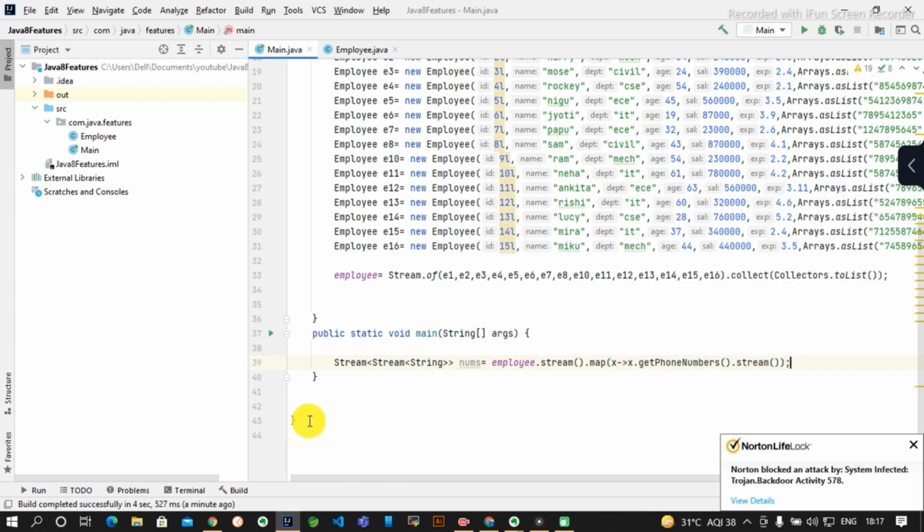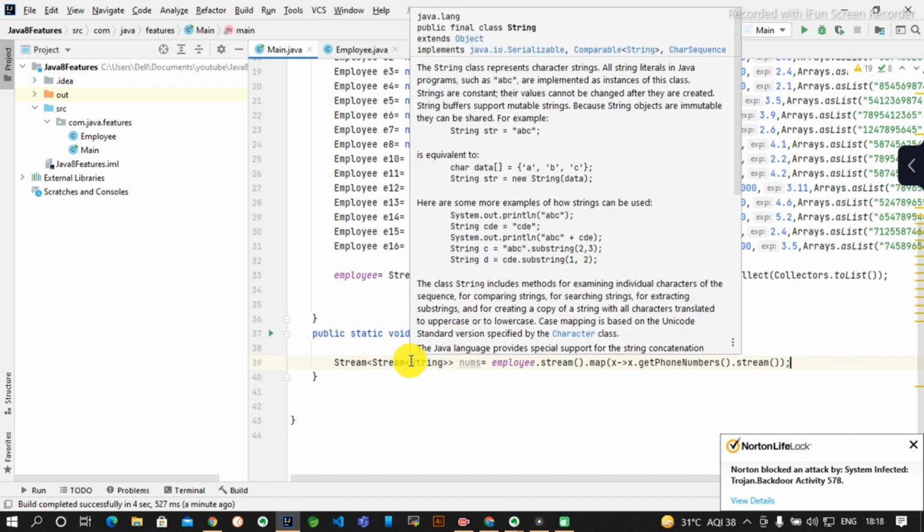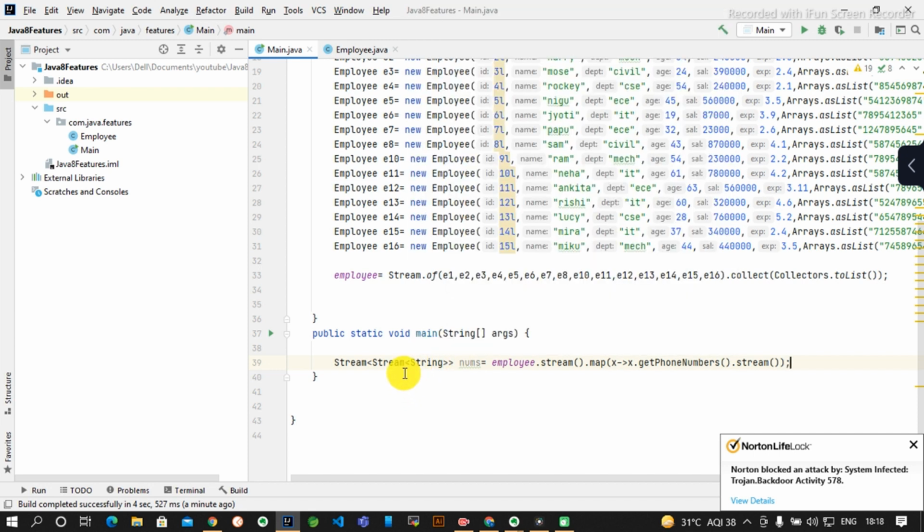So if you see, the return type here is a nested type of stream of string. But we don't want to use this. We want to flatten the array, all the numbers, and add +91. After flat map we will also do a map operation to add the +91 and send some greetings to them. So let's focus on that.